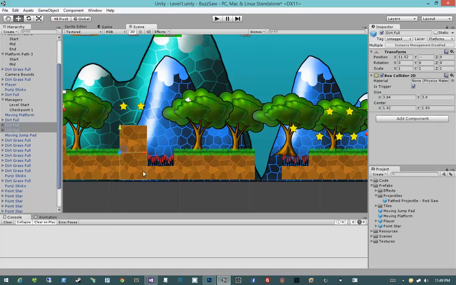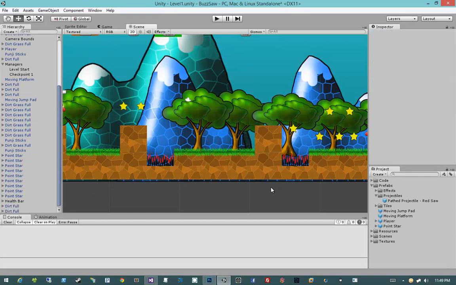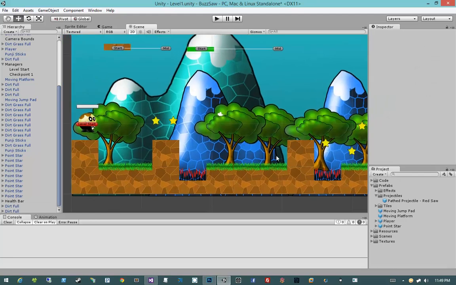And I'm going to take these 2 blocks and duplicate them by hitting Control D, hold down Control so I'm snapping, and move them all the way over to the right hand side. So this way we can place a cool little cannon right here that'll shoot buzzsaws over in this direction. So let's go ahead and